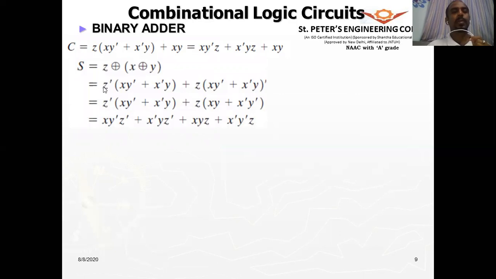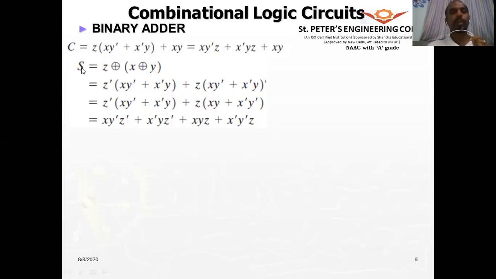Okay. So if you want to realize this using the half adder, we are trying to say that yes, we can use a half adder to identify the full adder also. So that is what this expression is telling here. What is x y complement or x complement y? This is an XOR of x and y. So here x is XORed with y, and that result is again XORed with z. So that will be the sum.